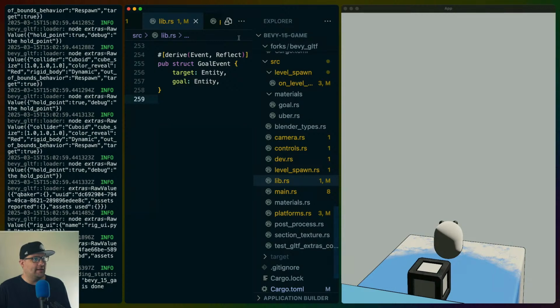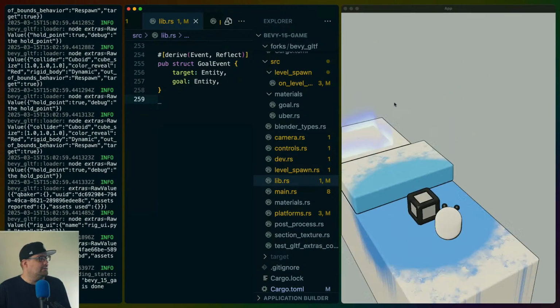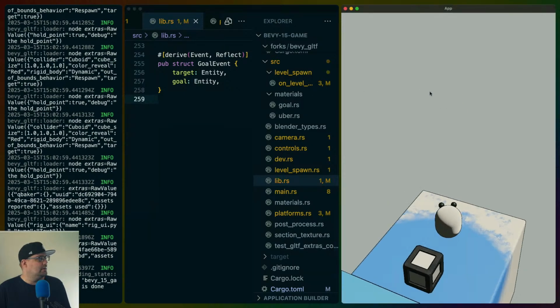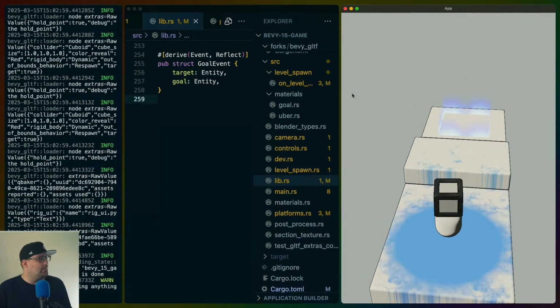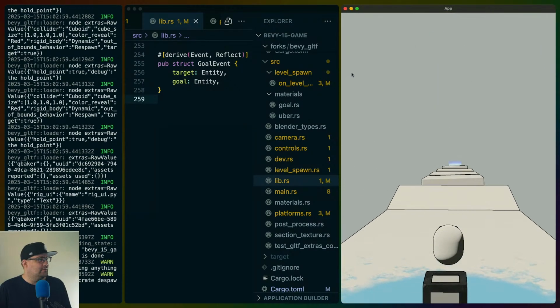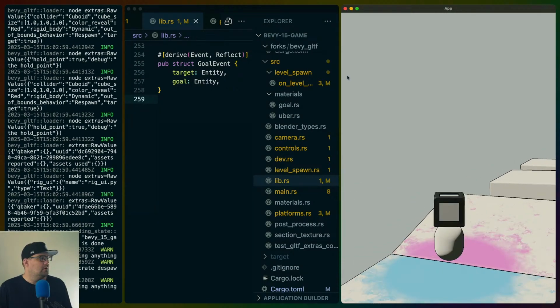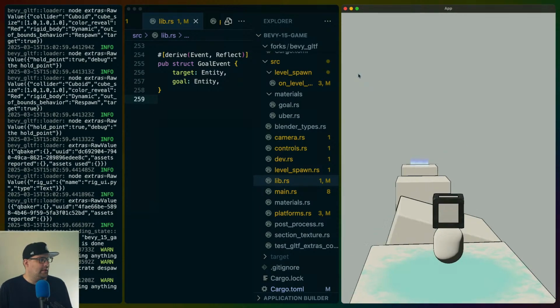I also just dragged this window over from the other side. So this is the game currently. You can pick things up and drag them to the final area, whatever. There's some issues with these